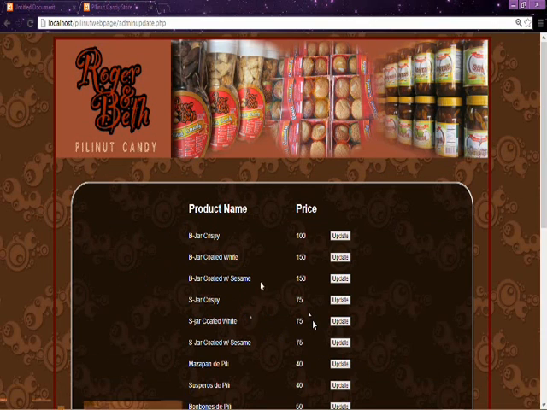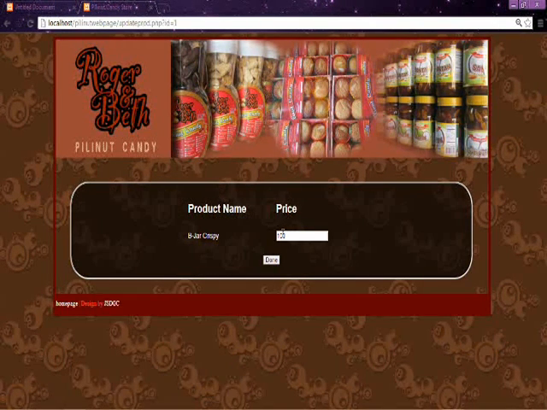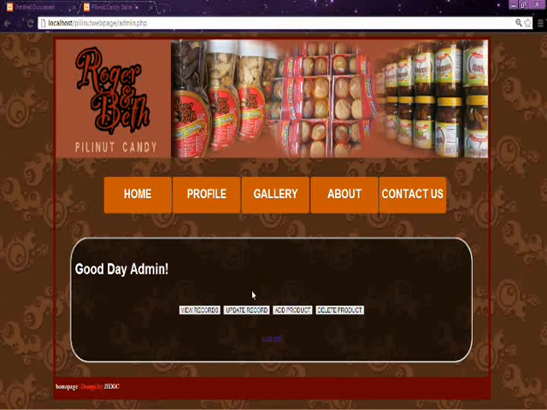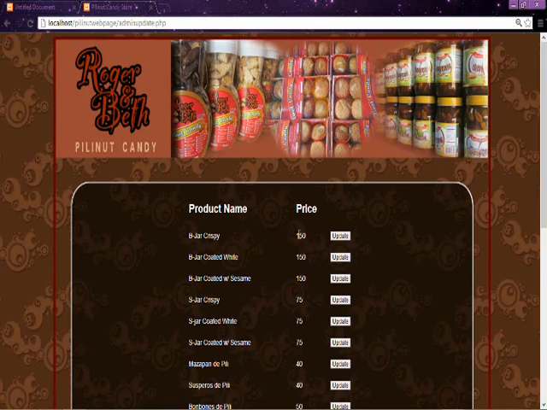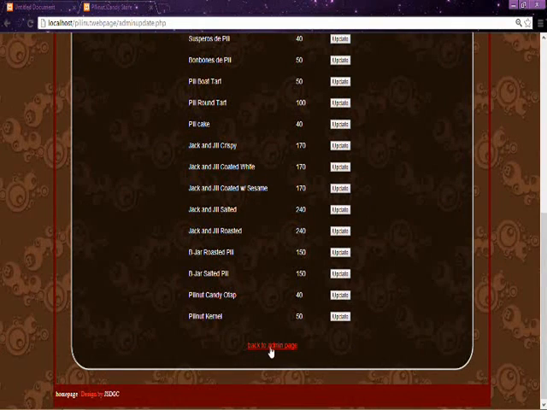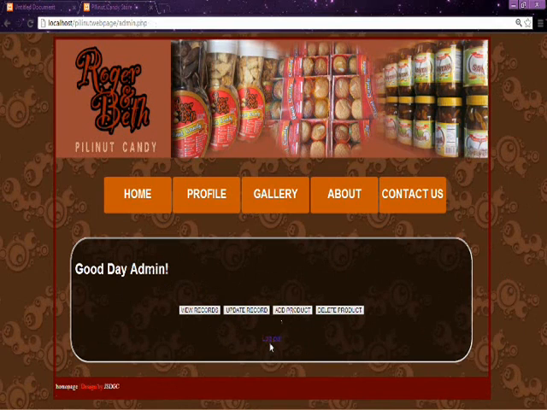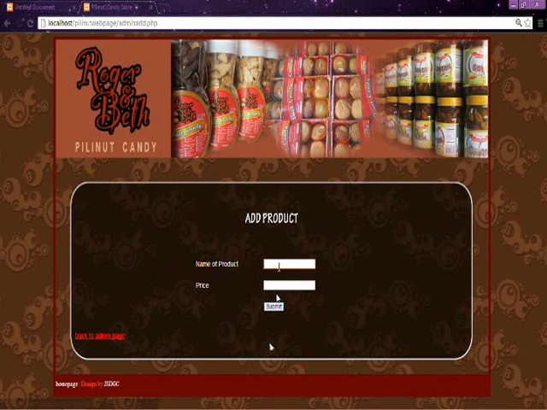Going on with the update record, the admin can change the price of each product by simply clicking the update and the price will change. Adding product will ask you to supply the name and price of the product.